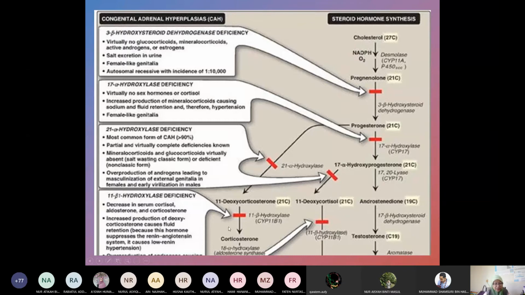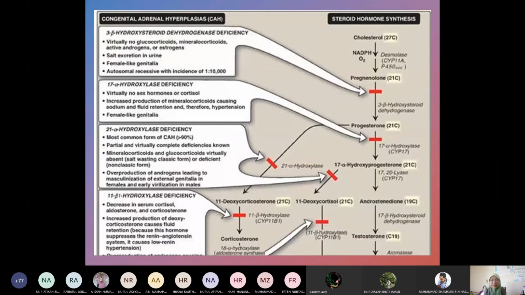So another type of deficiency is here, the 11 beta hydroxylase enzyme deficiency. So the amount of cortisol decreases, and then increased production of deoxycorticosterone causes fluid retention, as I mentioned earlier, right? Deoxycorticosterone is a weak mineralocorticoid. So you can see that these are genetic errors, because medical biochemistry is supposed to highlight genetic errors, isn't it? So that's why congenital adrenal hyperplasia